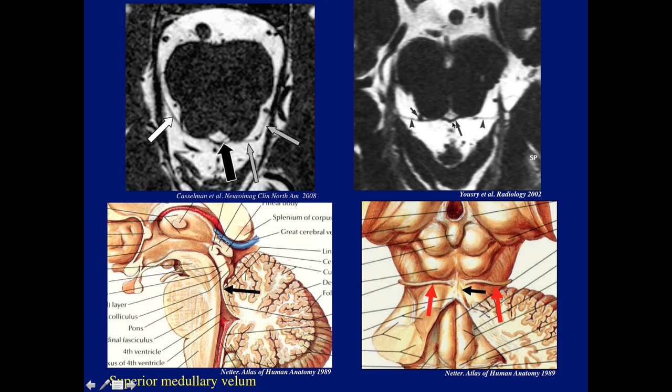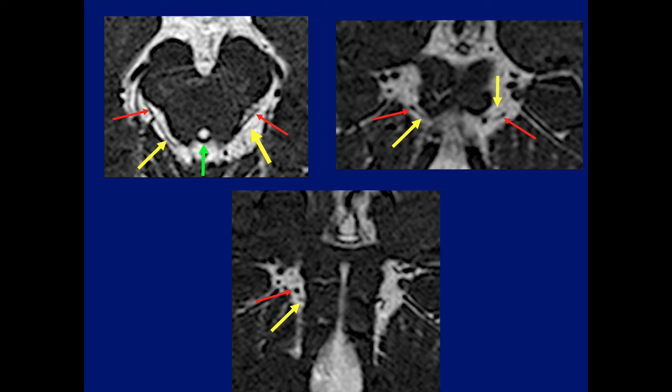Now, I was always frustrated because I could not demonstrate the nerve very clearly. So I finally found a thin T2 study, and as soon as I found this triangle, the superior medullary velum, here's the nerve on one side. You can see a little bit of it on this side. Even on the coronal plane, you can see it.